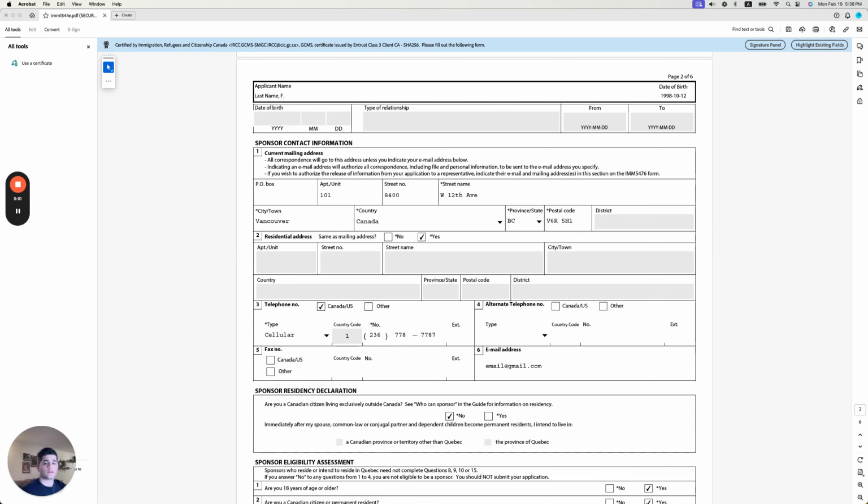So list the residential address if there is no separate mailing address, and then just select yes for residential address being same as mailing. The all important thing to note here is that it says all correspondence will go to this address unless you indicate an email below. So do make sure to provide an email,